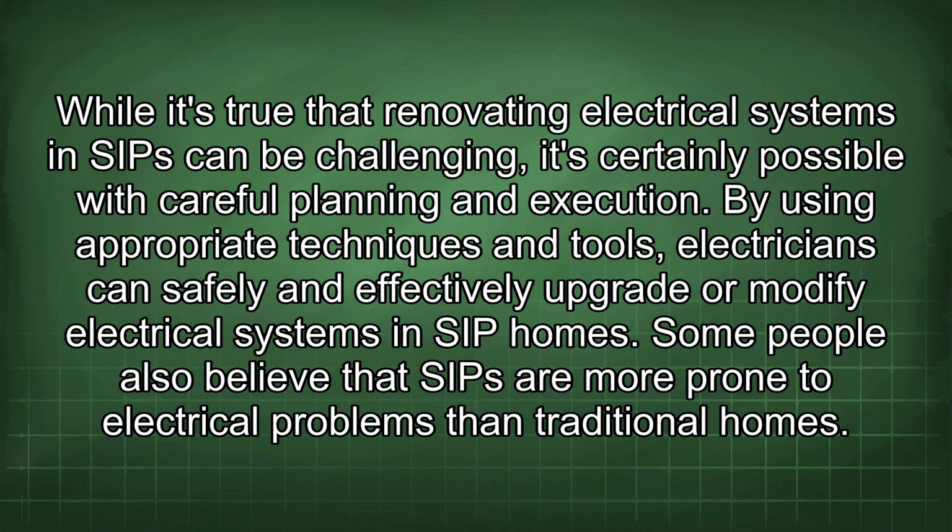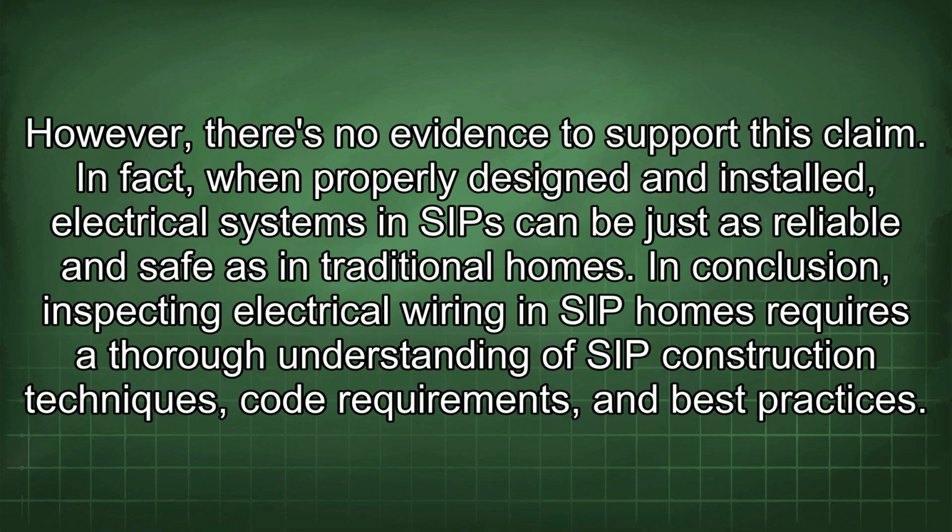Some people also believe that SIP are more prone to electrical problems than traditional homes. However, there's no evidence to support this claim. In fact, when properly designed and installed, electrical systems in SIP can be just as reliable and safe as in traditional homes. In conclusion, inspecting electrical wiring in SIP homes requires a thorough understanding of SIP construction techniques, code requirements,